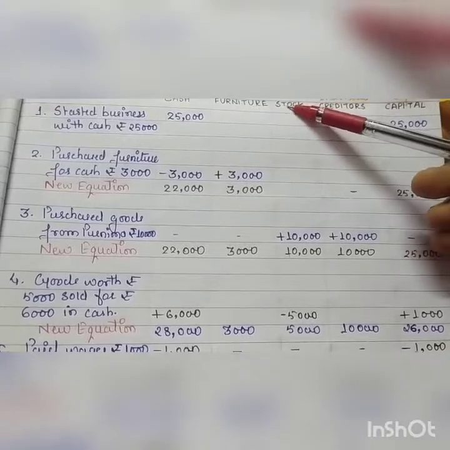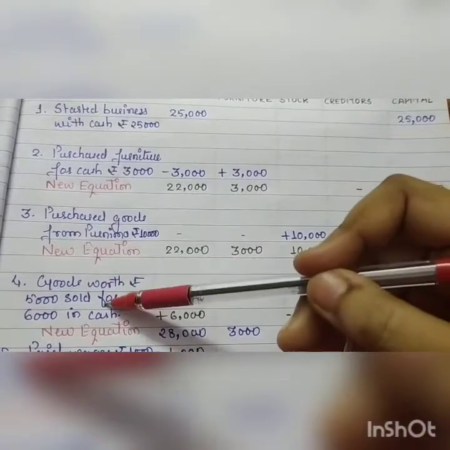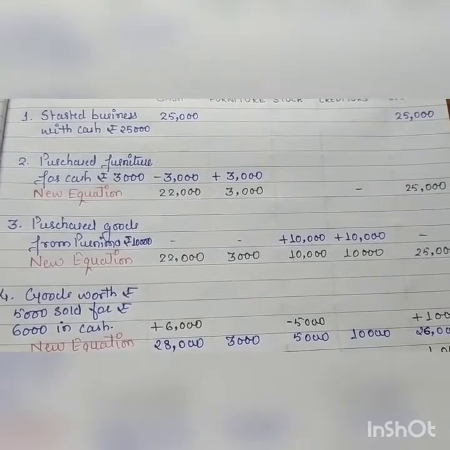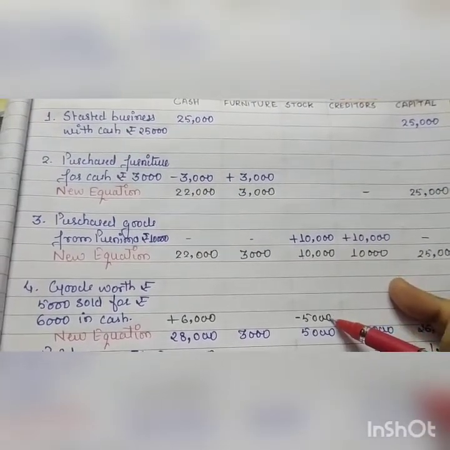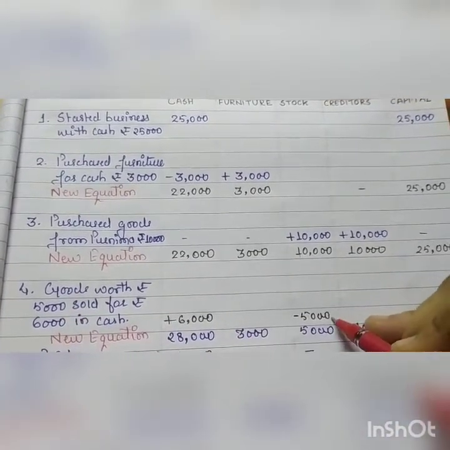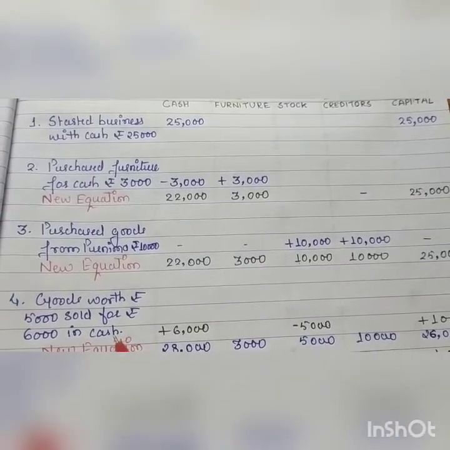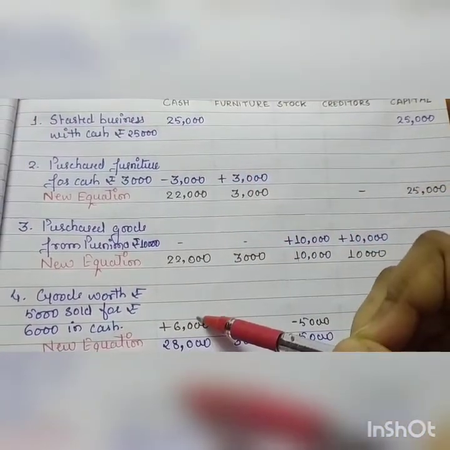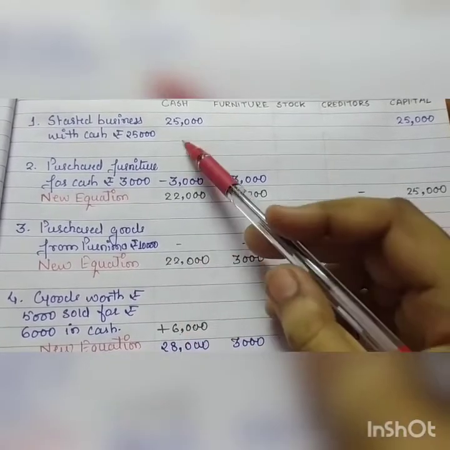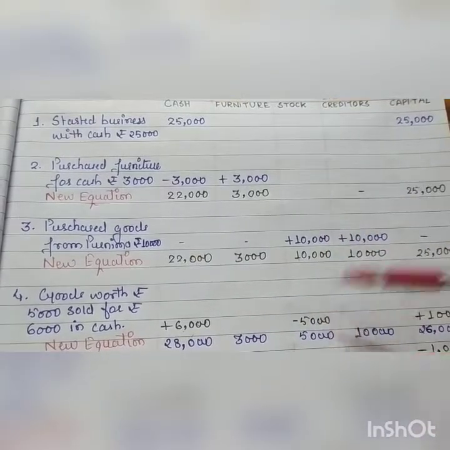These goods that we have purchased, that is stock, whose cost is rupees 5,000, you are selling it for cash for rupees 6,000. So goods you are selling means your stock will reduce by rupees 5,000. Their cost is 5,000, so you will subtract 5,000 from the goods. For rupees 6,000 in cash, immediately you are receiving cash. So your cash will be increased by rupees 6,000. That's why 6,000 has been added under cash and 5,000 subtracted from stock.